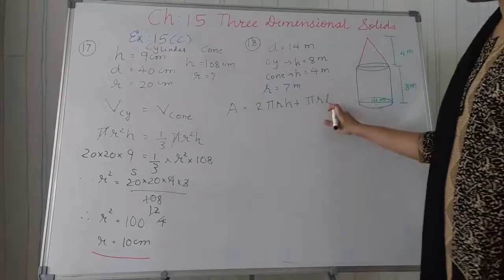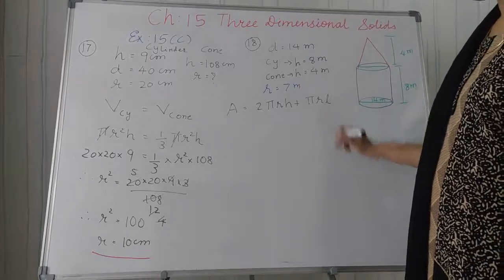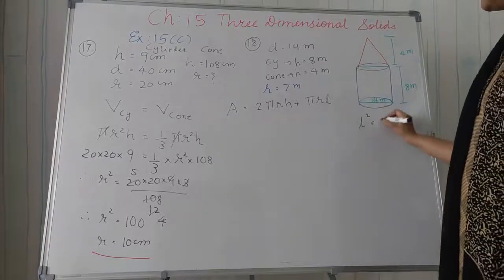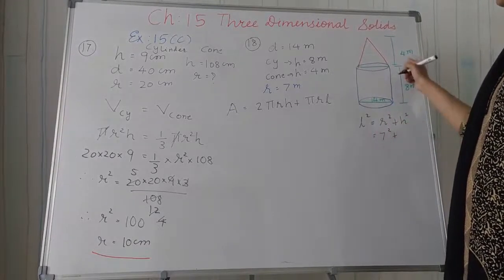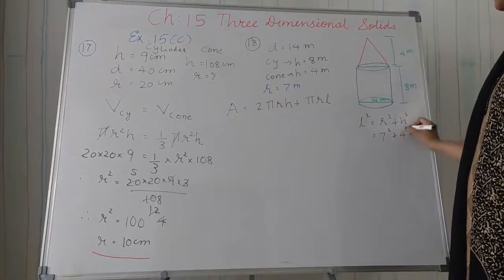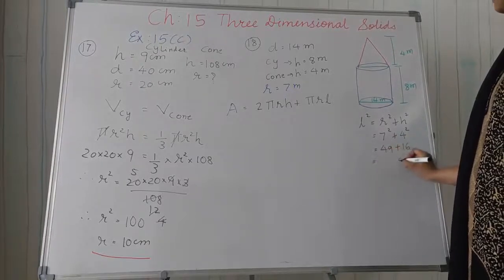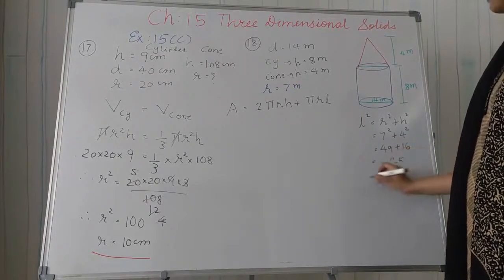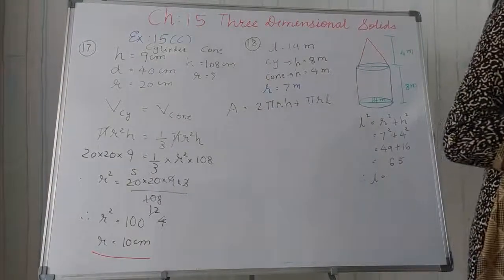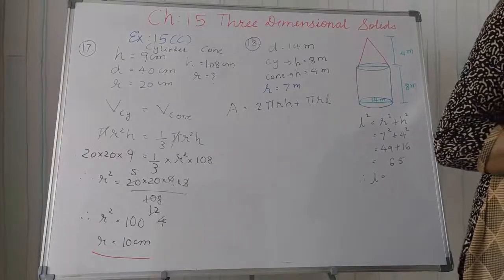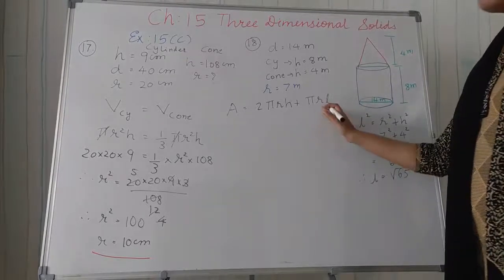Okay, so we need first L. So using this R and H, we find L. For that I write here L square is equal to R square plus H square. So R is 7 square and H is 4 here, that is of cone we are using. So now 7 square 49 and 4 square 16, that is 65. So by taking square root I get square root 65. Let us keep it here just now. Then last we keep here, that time we can find out.